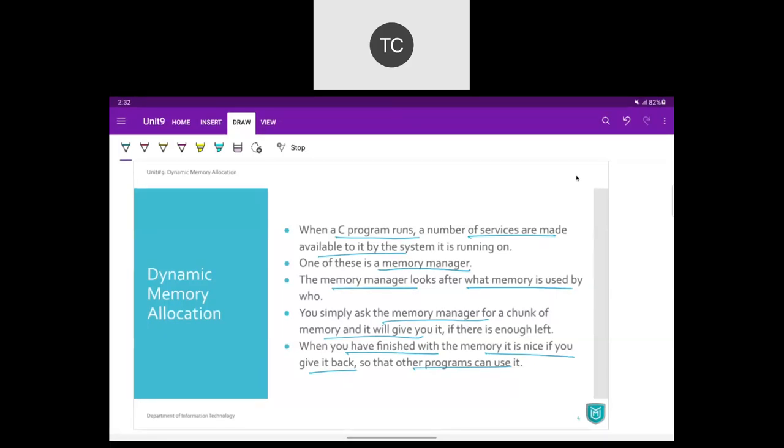But the question comes now, how do we intimate the memory manager that we need this amount of memory? When there is a requirement, how do we instruct the memory manager to allocate us a memory, right?